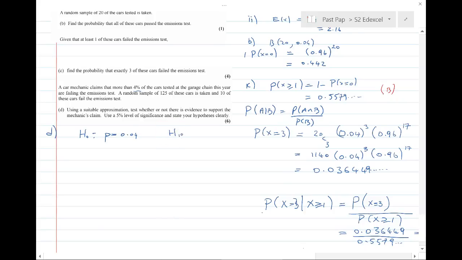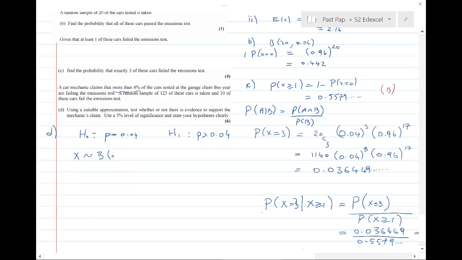The alternative hypothesis is that we've got a change, but in this case it's specific. It's a one-tailed test that it's more than 4%. So that's P is greater than 0.04. Okay, now our original distribution was binomial